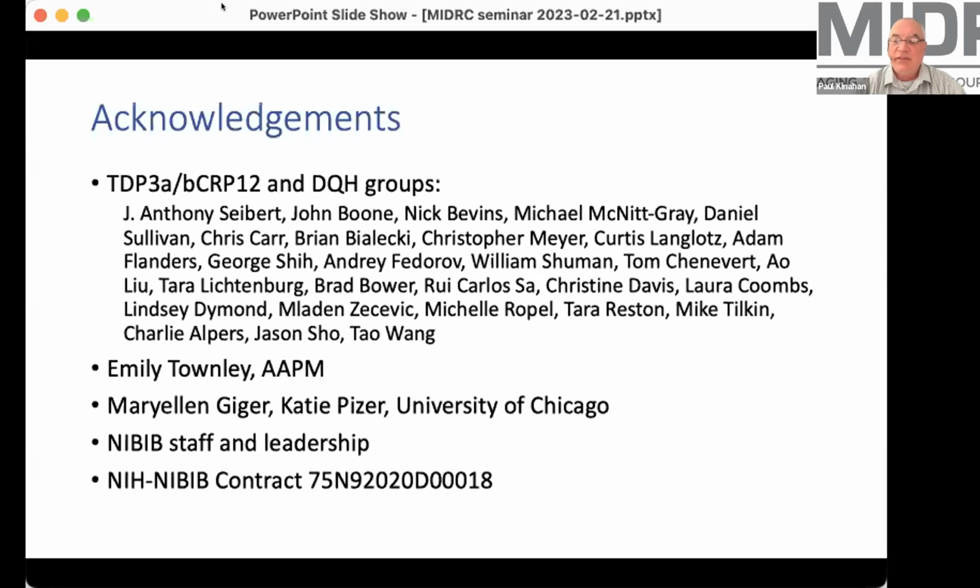This is a large consensus effort, as you'll see, that we are not trying to reinvent the wheel. We want to work with existing standards in a measured and sustainable manner. And so it involved a lot of discussions, all of which are necessary, we'll talk about. I also want to acknowledge the support of the NIBIB contract that supports MIDRC, as well as the active engagement of the NIBIB staff and leadership in supporting the efforts as well. Many valuable contributions have come from them.